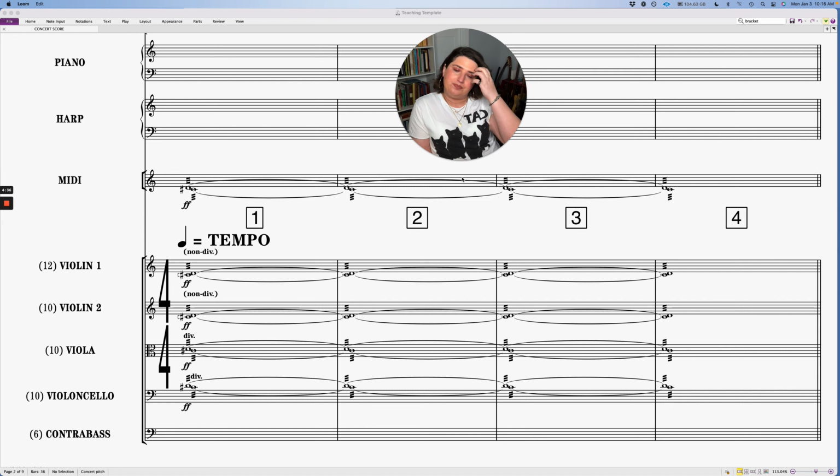If I were to be quite literal with this, then I would do something like non-divisi here, and I would just do what we call SATB-ing it, basically just splitting it out top to bottom. There's nothing really exciting about this, but if that's what needs to happen musically to convey whatever's happening in the scene or in the video game, then that's what they do, or that's what we do rather, and it's quite literal. So there's nothing fancy about this.